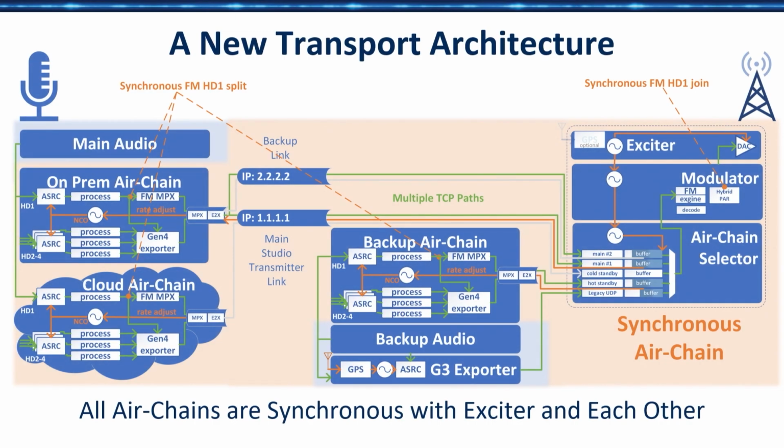So to put this all together here, it looks complicated in comparison to the other block diagrams I've shown here, but keep in mind, I'm showing 1, 2, 3, 4 different air chains here. And I'll simplify it, I'll break it down. But essentially, it mimics the demonstration we had set up at NAB, where we had one air chain in the cloud, in AWS. We had one essentially running on our HD multicast platform, right beside the transmitter. That was the backup air chain. And then we had a separate one on the booth that we consider the on-premise air chain. And we're able to switch back and forth between all of those. I'll get into that a little bit more in a second.